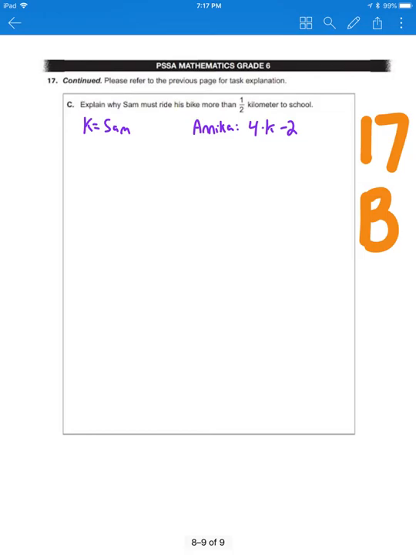So what happens if, let's say, K equals 1/2? What's going to happen if I put 1/2 in Annika's expression? Well, let's find out. 4 times 1/2 minus 2. So 4 times 1/2 is 2. 2 minus 2 is 0. So if Sam rode his bike for a half kilometer to school, that would mean Annika didn't ride her bike to school at all. Now, that can't happen